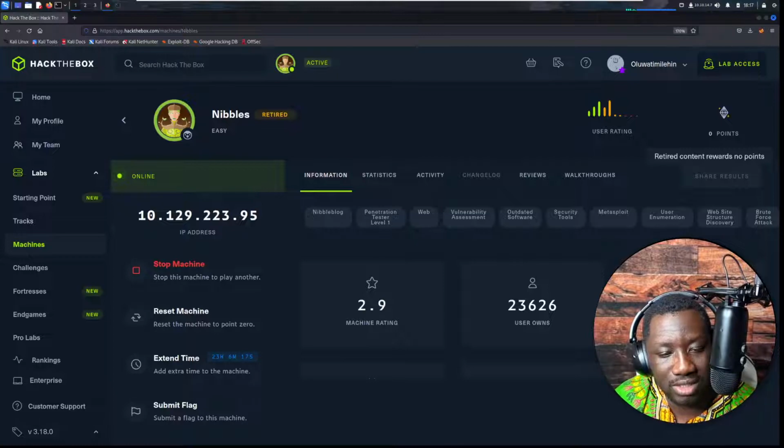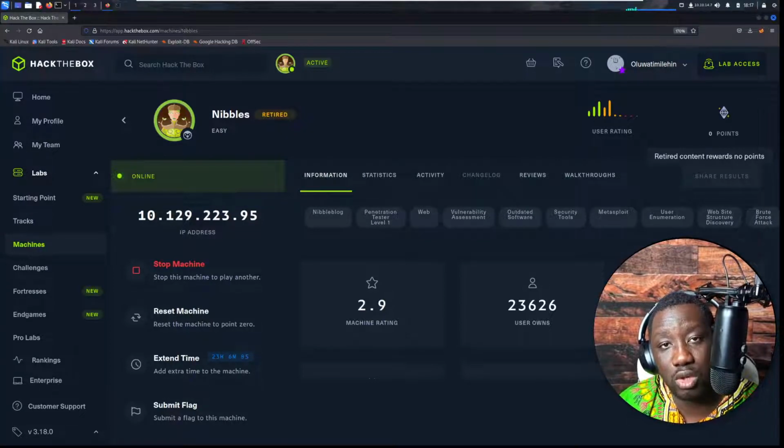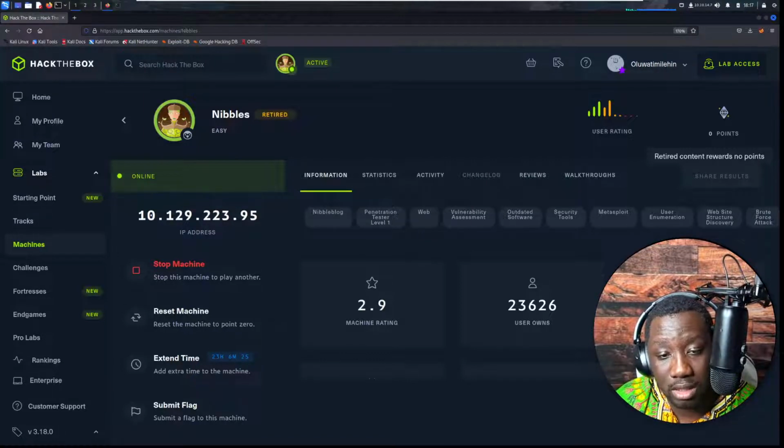So it's important that when you are done with the OSCP course material, you start looking at walkthroughs. You can attempt to solve some of those boxes on your own, but after a while, my recommendation is to go through 10 to 20 boxes